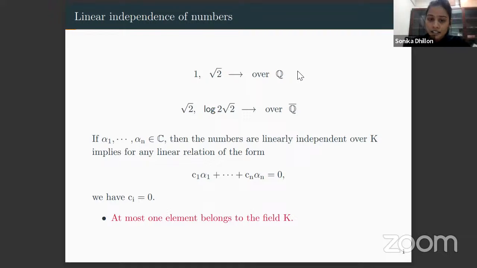Now, if in that collection I add any rational number, say 1 or 2, so that we have 2 comma alpha 1 to alpha n, and if I prove that these numbers are linearly independent over the field of algebraic numbers, then all the alphas are transcendental in nature, because we already found one element and we can have at most one element that can be algebraic.